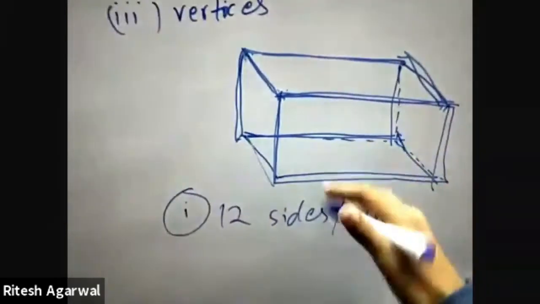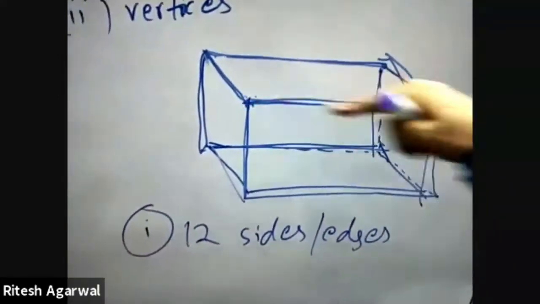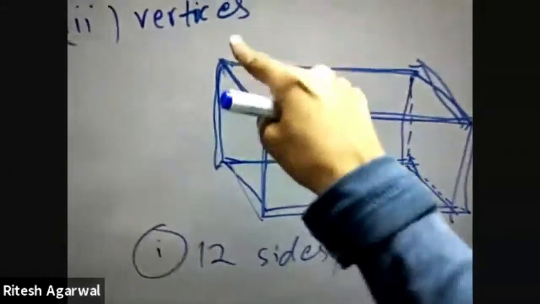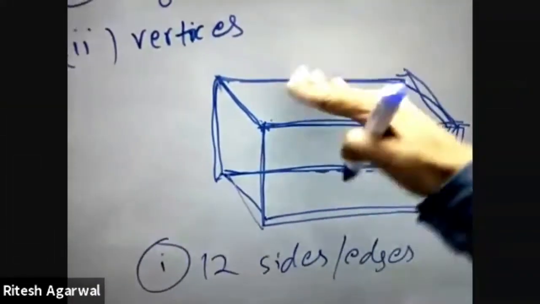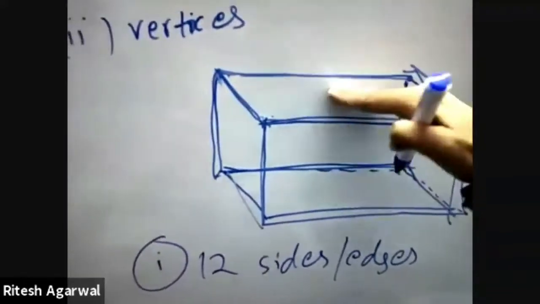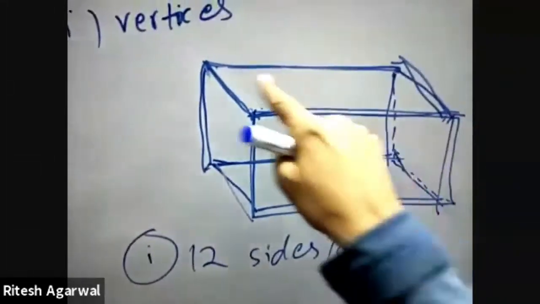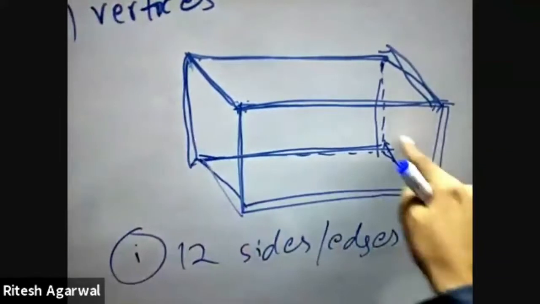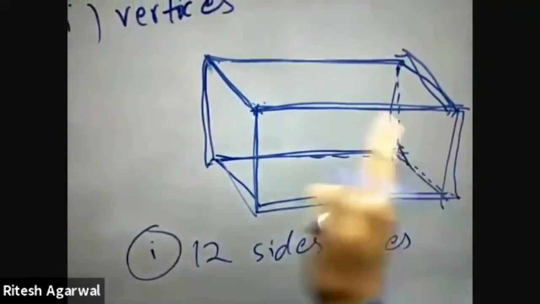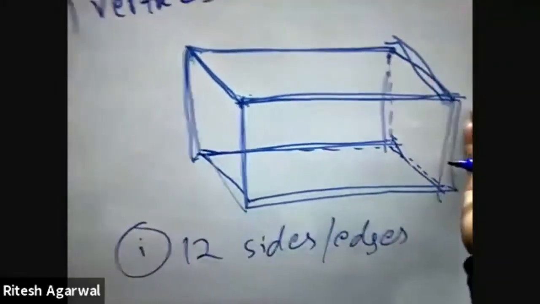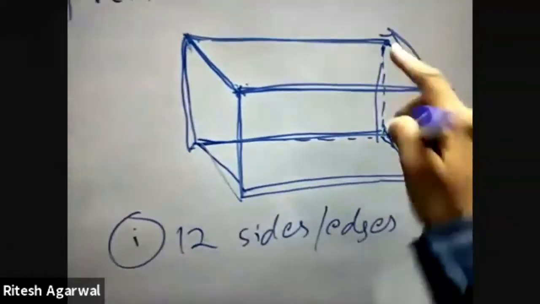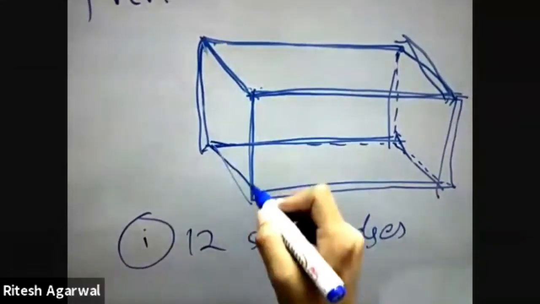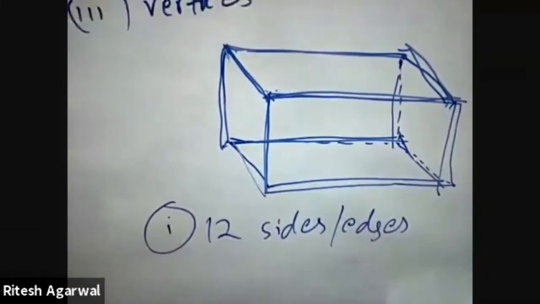You can take a pencil box and run your finger around and you will find there are, because the top surface is a rectangle. There are 4 sides. Just opposite to this at the bottom, you have a similar rectangle with again 4 sides. At this side you have a rectangle, at this side you have a rectangle, each with 4 sides. So in total it is 16, but then some of the sides will get repeated. That's why you will have 12 sides in total.